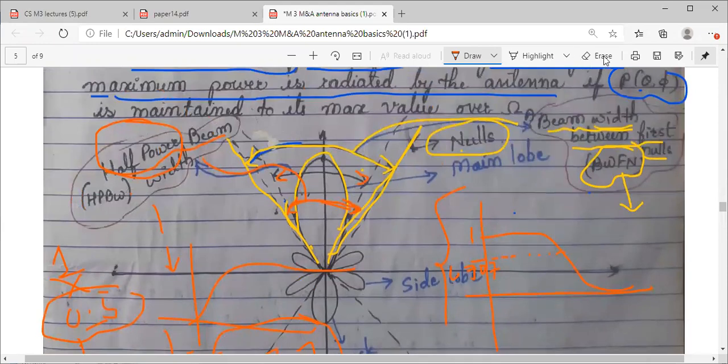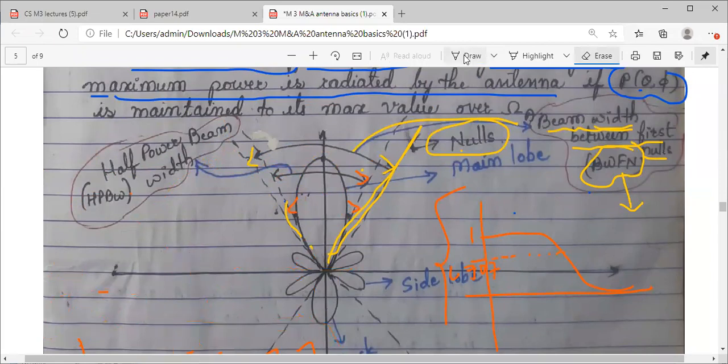So what does this indicate? Half power beam width, you can see I have indicated here, this orange line. It is giving you the information that for the particular antenna, for the beam area I have drawn, suppose this is its maximum value, this point, then this width is representing the half width. If this is the maximum width, the full width, then this will be the half width. Half is not 1 by 2, it is 1 by root 2.